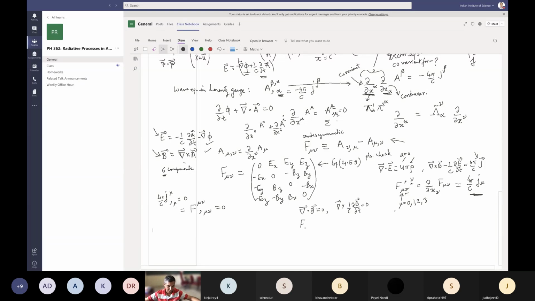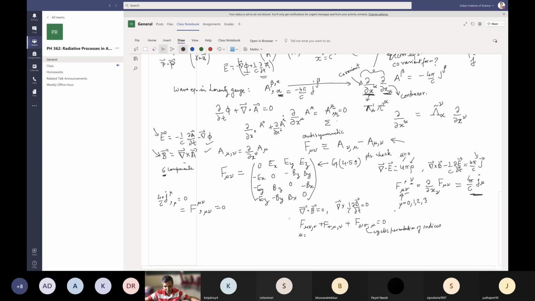And the answer is indeed you can. So this is F mu nu comma sigma plus F sigma mu comma nu plus F nu sigma comma mu is equal to 0. So this is just like a cyclic permutation of indices. And this actually is valid for mu equal to